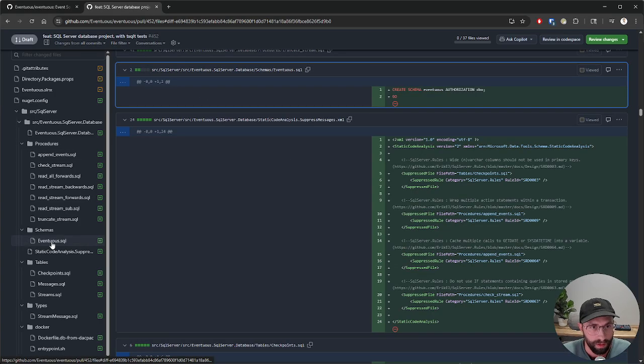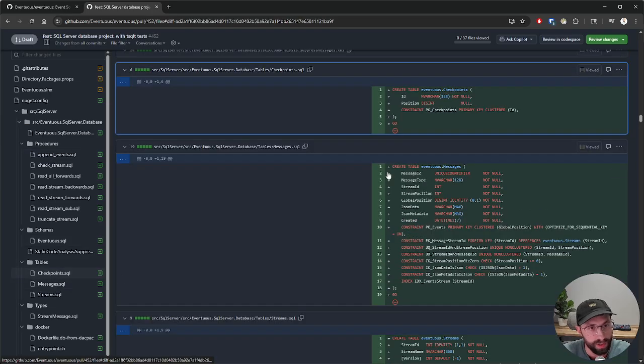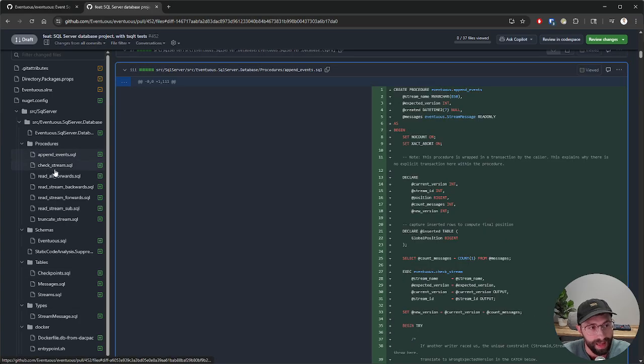The schema you define, which I'm calling eventuous. I know that eventuous allows you to dynamically set the schema for whatever implementation you're using it with, but for the sake of this project I'm just calling the schema eventuous, because I know that is the default if you don't specify it. Elsewhere here we have our table definitions: checkpoints, messages, and streams, and then all of the procedures. And these are identical to what's currently in the scripts